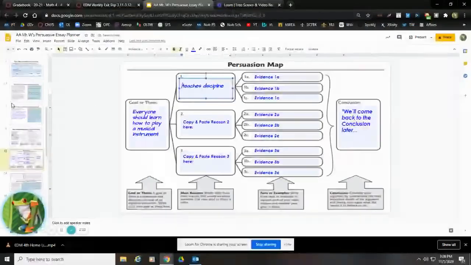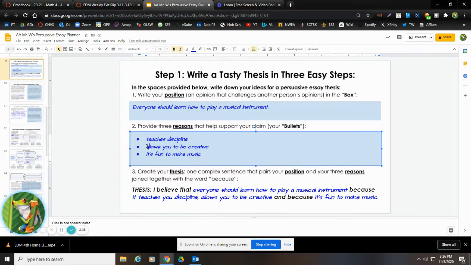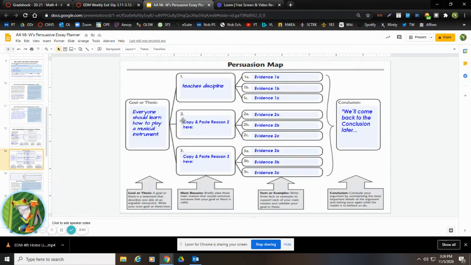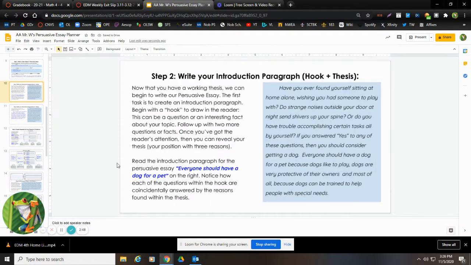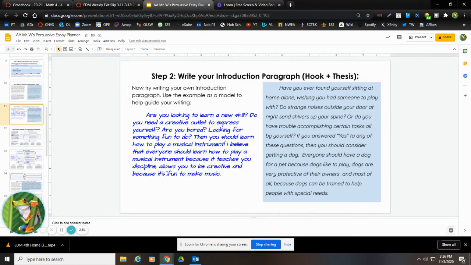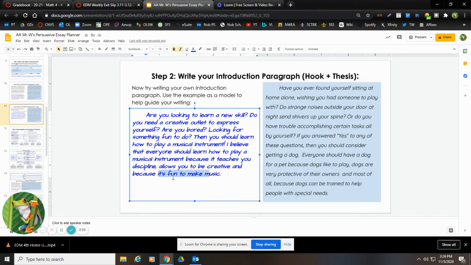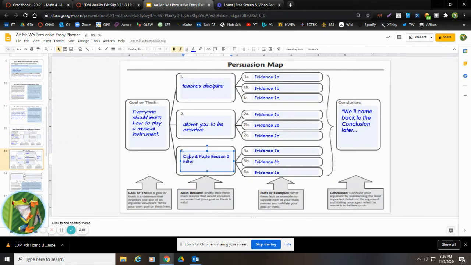And then as I'm copying and pasting, I want to start to think about what are some examples I can use that will help further drive my point home, okay, that everyone should learn a musical instrument, okay? Here we go. And last one is it's fun to make music. I think I grabbed that from the wrong spot, but that's okay. There. All right. So now that I have my 3 reasons plugged in, now I need to start thinking of